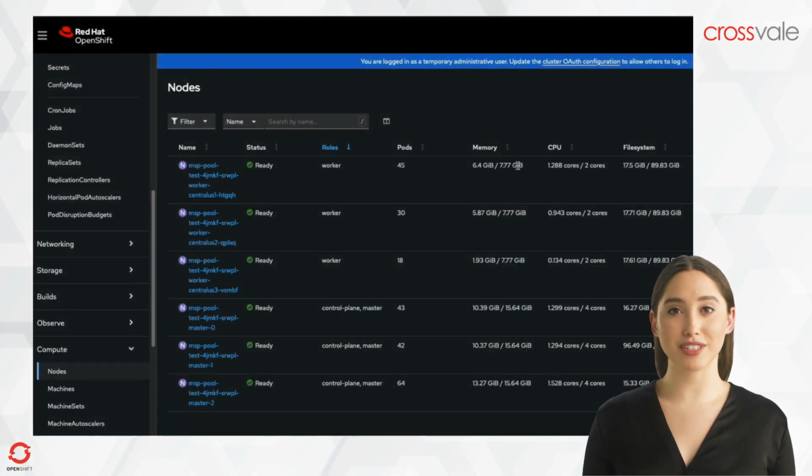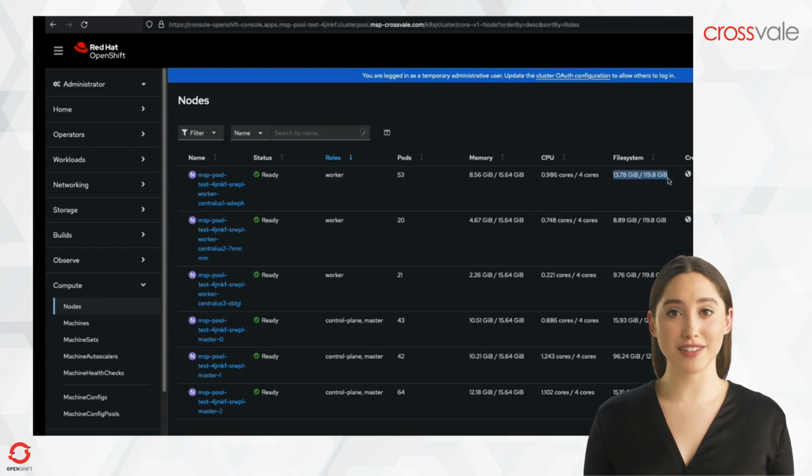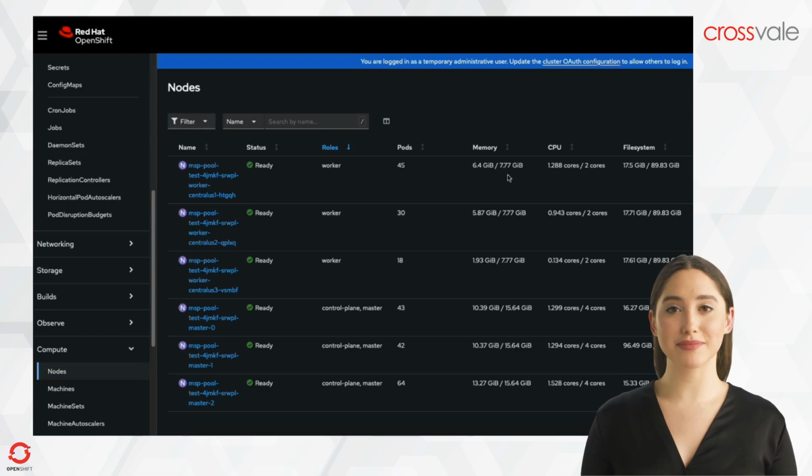The current configuration of the instances does not align with the specifications recommended by Red Hat. In particular, the CPU, memory capacity, and storage space are insufficient to meet the necessary requirements for optimal performance and reliability. So in this case, we need to modify the machine pool to set the correct instance type and storage. After some time, the nodes are rebooted, and we observe that the storage now meets the requirements. Additionally, the instance type has been upgraded to one with larger memory capacity.